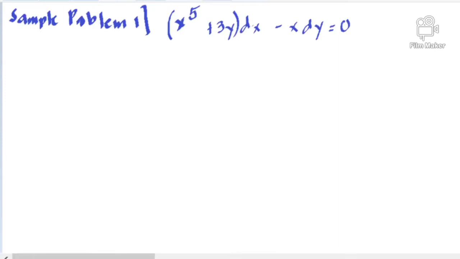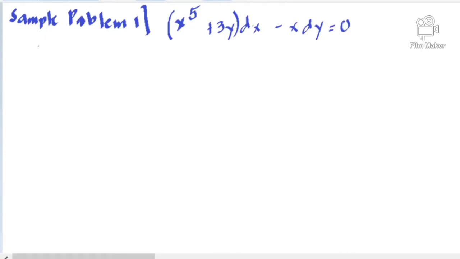Sige. For problem number 1, kung meron tayong x to the 5th plus 3y dx minus x dy is equal to 0. Ayan, kung titingnan nyo, nasa form siya na M dx at saka N dy. Diba? So, ang gagawin natin is, kung babalikan natin kanina yung procedure, we have to transform it into dy over dx plus p of x y is equal to q of x, di ba? So, ngayon, para maging ganon yung form niya, we have to